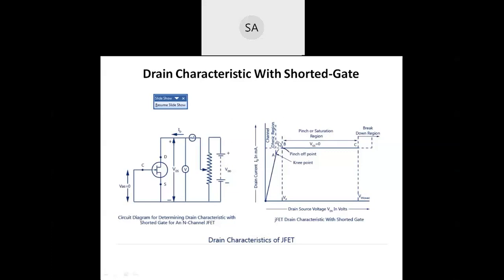IDSS. So from the point of region at what point it reaches the maximum current, that voltage we call the pinch off voltage. As you apply the drain to source supply voltage, what will happen in the N channel JFET? The P diffusions will increase in shape. In the last session I showed the diagram of how the diffusions increase into bridge shapes by applying the potentials.